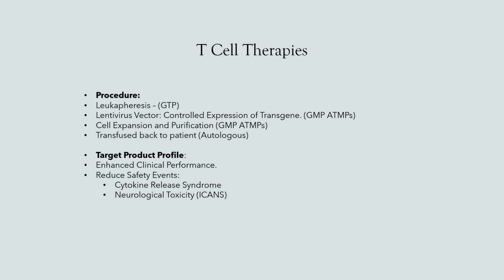These have to be done. The transfection has to be done to good manufacturing practice. Cell expansion has to be done to good manufacturing practice. Leukapheresis has to be done to current good tissue practice. And then once you've got enough of the cells that have been expanded and purified to registered conditions, to an approved specification, these are then transfused back to the patient. If it's transfused back to the same patient, it's an autologous